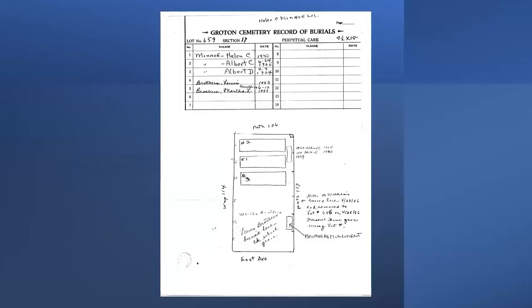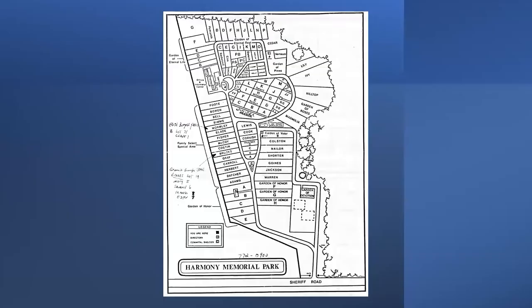Now, this is an example of a burial plot, and this is a lot easier to read. This is the one in Groton, where my grandmother and grandfather are buried, Lewis Brothers and Martha Brothers, and her mother and father, in this case, Helen Monroe, Albert C. Monroe, and Albert D. Monroe, father and son. And again, the bottom part shows the layout itself. And having talked to the sexton, out of this family burial plot, there was only one plot left.